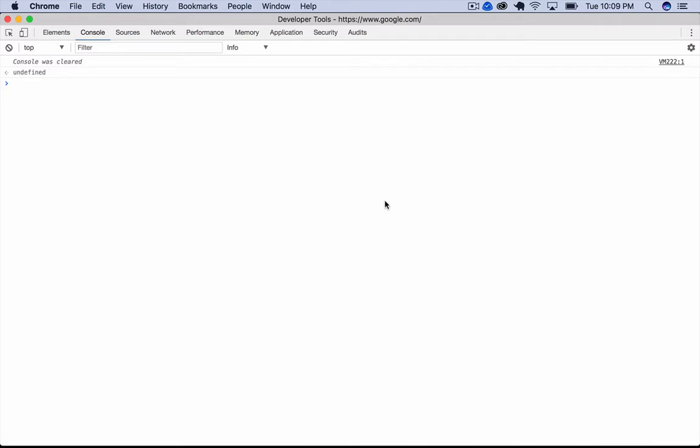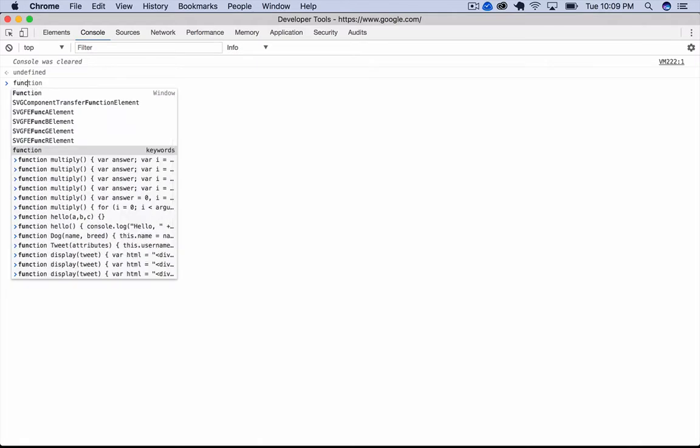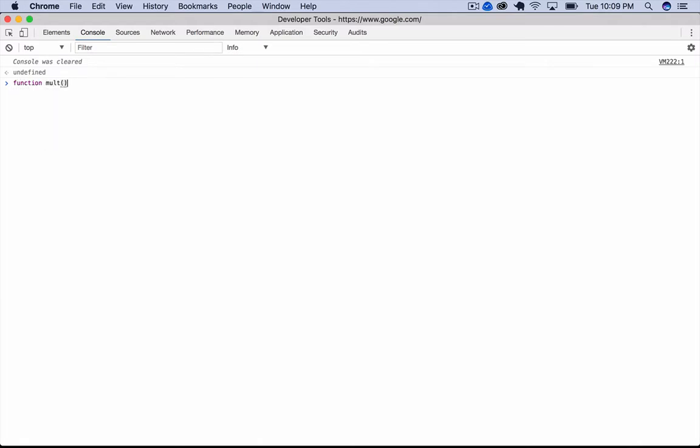So let's look at a couple of examples. One where we do define the arguments and one where we don't. Let's start with the one where we don't. So I'm going to write a function called multiply. It takes no arguments. And in this function, we're going to just take an arbitrary number of arguments and we're going to multiply all of them together. So to start, we could do something like